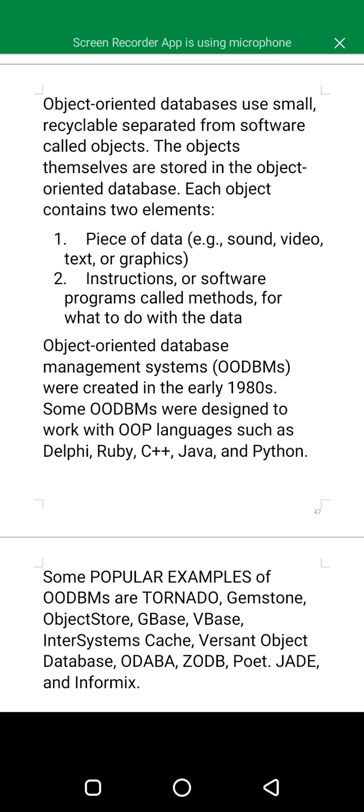The objects themselves are stored in the object-oriented database. Each object contains two elements. The first element is a piece of data, which may include sound, video, text, or graphics. The other element is instructions or software programs called methods for what to do with the data.